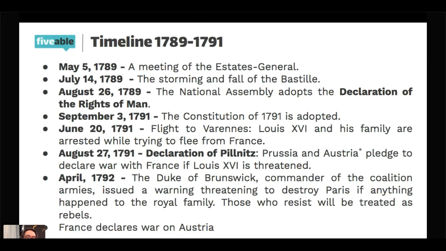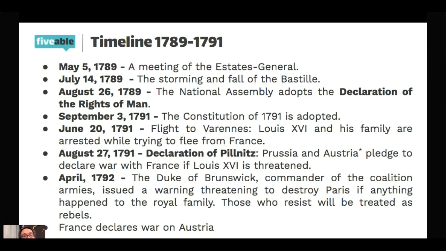France needs money. And for more than 150 years, most of the leaders in France, being dictators, never called the French version of a parliament, which is called the Estates General. So for 150 years, the Estates General never met. Now, after 150 years, the king, Louis XVI, is in trouble, and he needs to find a way to raise money. So on May 5th, 1789, he calls a meeting of the Estates General, and this is an opportunity for the